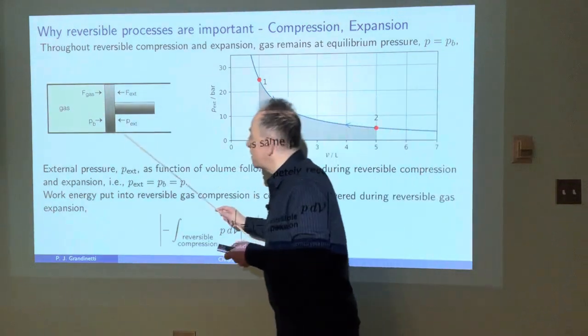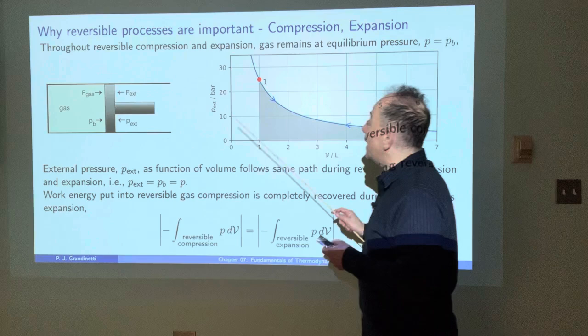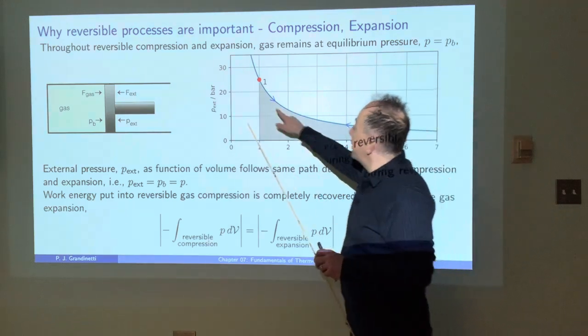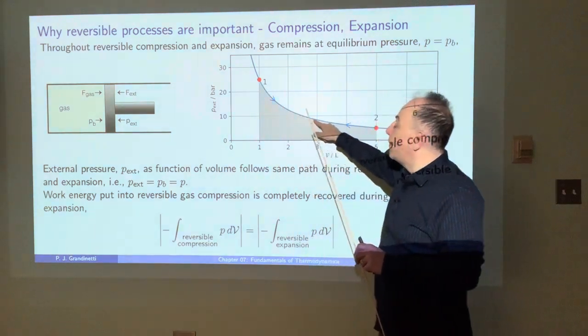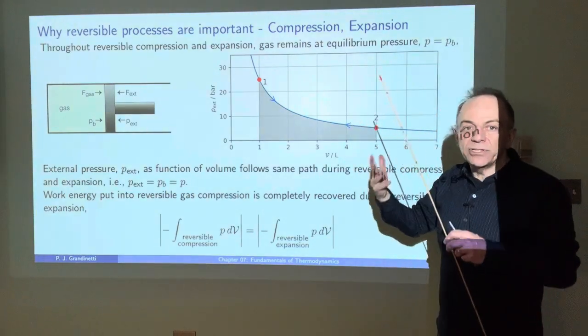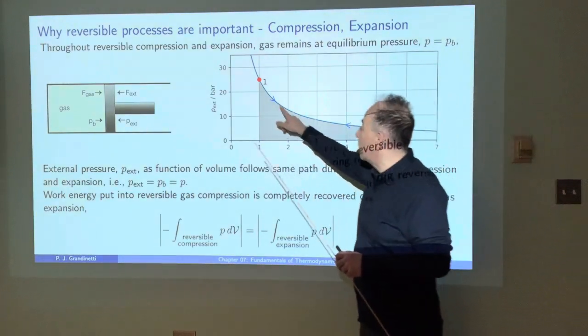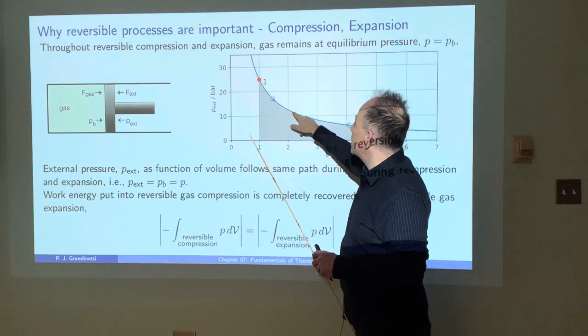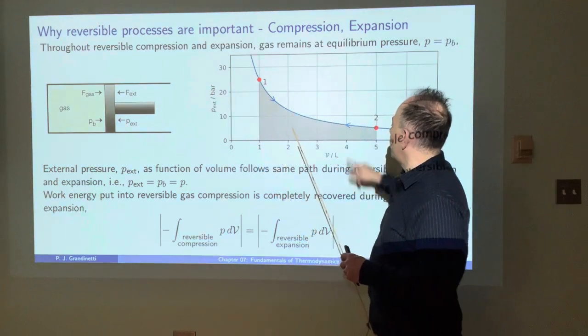And because the system is at equilibrium all on the way, then this line is well defined by the equation of state for the system, because the equation of state describes the equilibrium state. So at every point I'm in equilibrium,